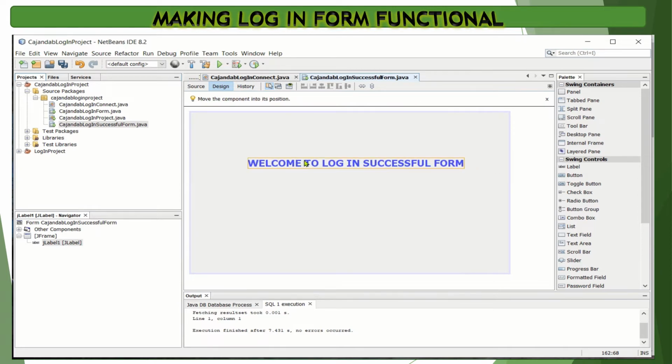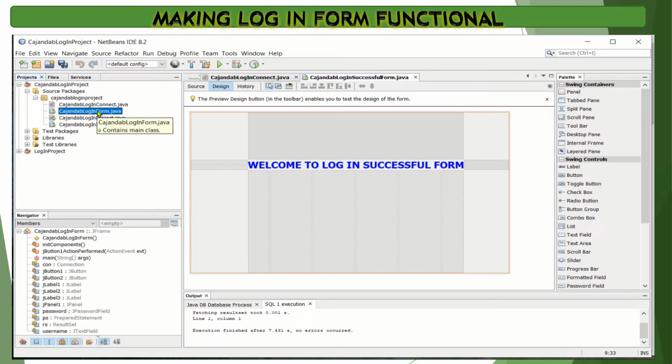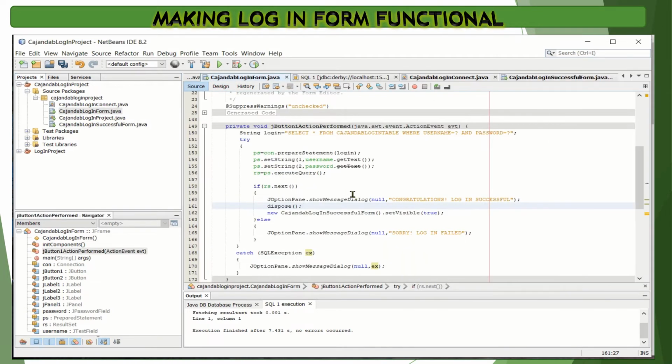And let's move it here. Okay, that's enough. Now let's go to our login form again. Double click it here to see the source code. Okay, so to make this dispose method work, as you can see, we have no warning sign here because we had already created or designed the login successful form and connected it to the login form. Now to make this method work,